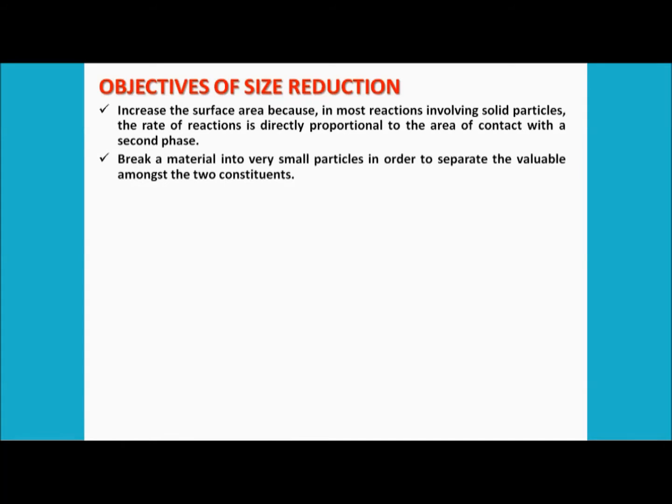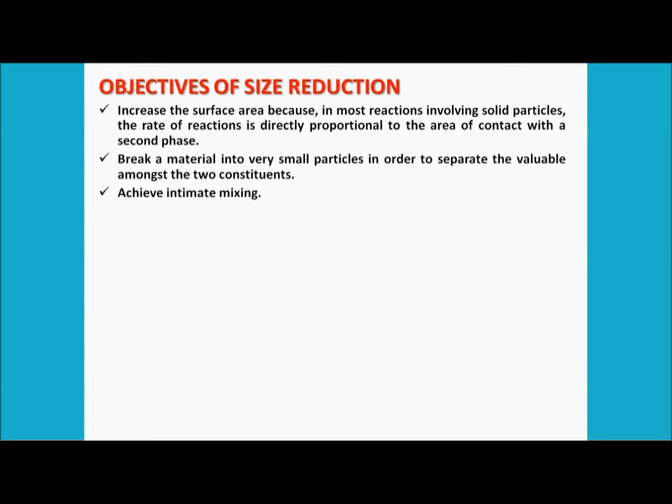The next thing is to break a particle into smaller parts in order to separate the valuable amongst the two constituents. So if you have a compound which has two important constituents, then breaking the compound will lead to a decrease of the size. Moreover, you can separate the two valuable components from a single compound. Clear? The next one is to achieve intimate mixing, because if we take the example,